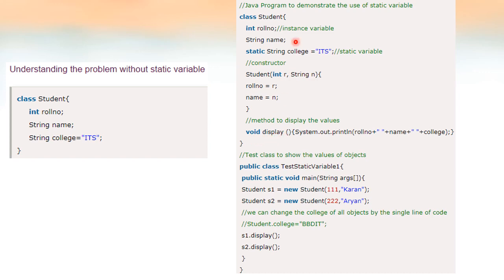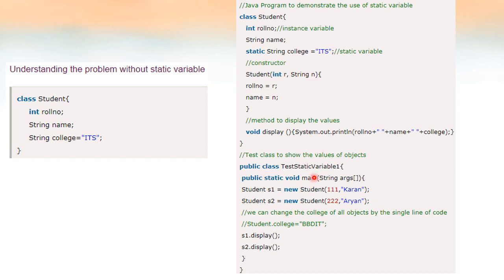We have one more method, display, inside the class Student, that is used for displaying the roll number, name and college. Now I am creating another class. So this is one class and I am creating another class. The class name is TestStaticVariable1. This is our driver class, because in this class we have the main method. The Student class won't be able to execute because there is no main method there.